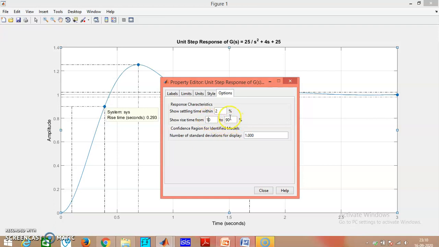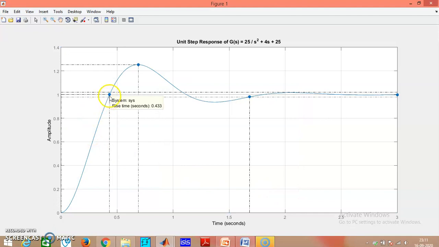So just make a change here, make it 0, make this 100, and just click on enter. Once you click on enter, you will find that the rise time has been shifted. Now it is measured between 0 and 100% of the final steady state value. So this is for an underdamped system.